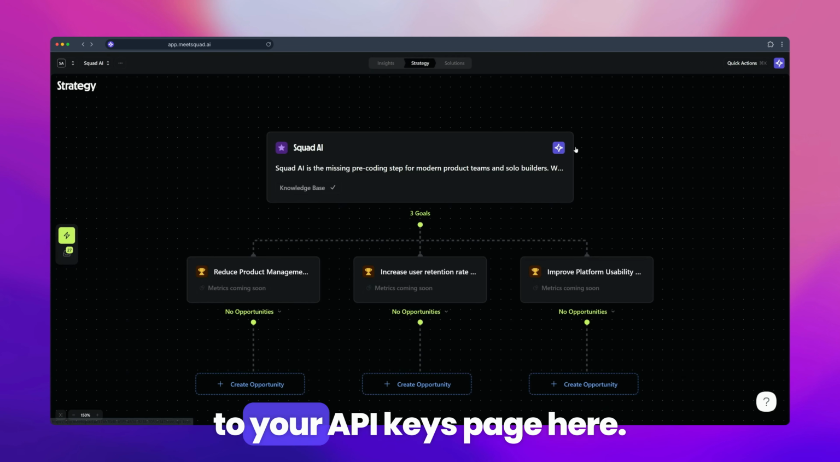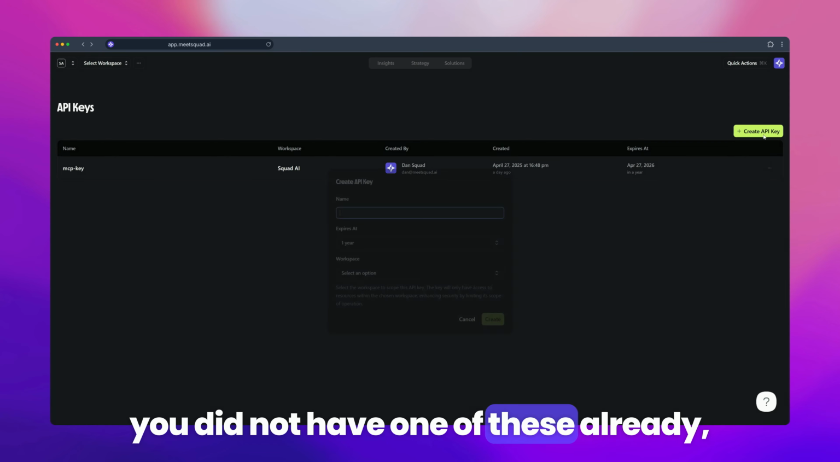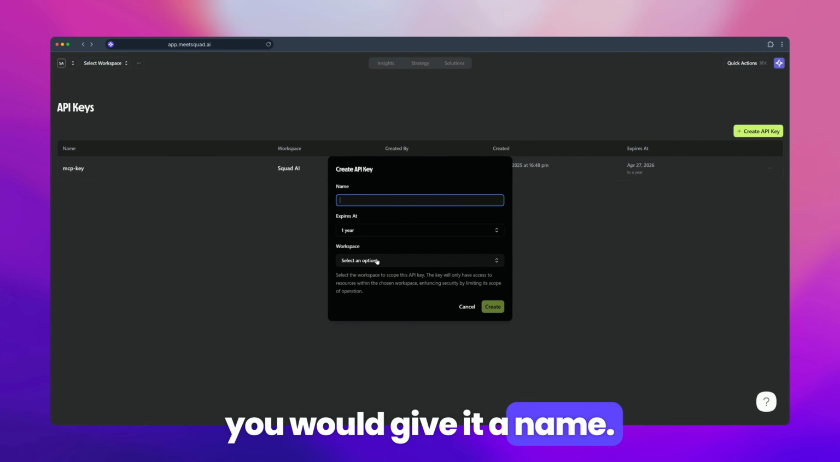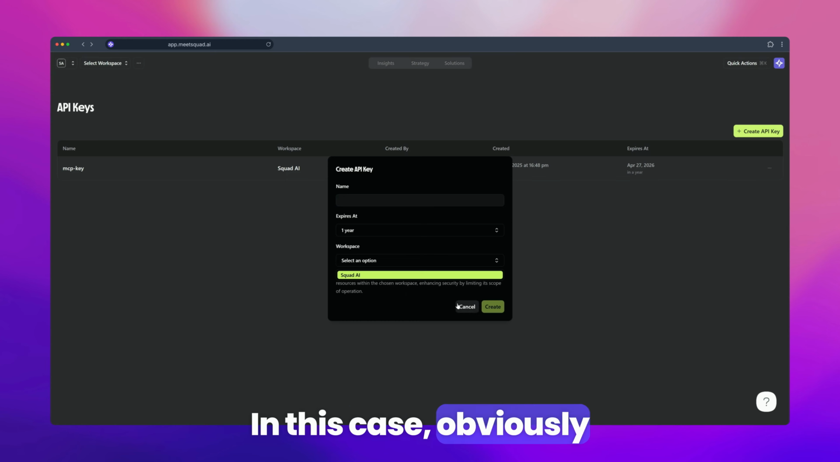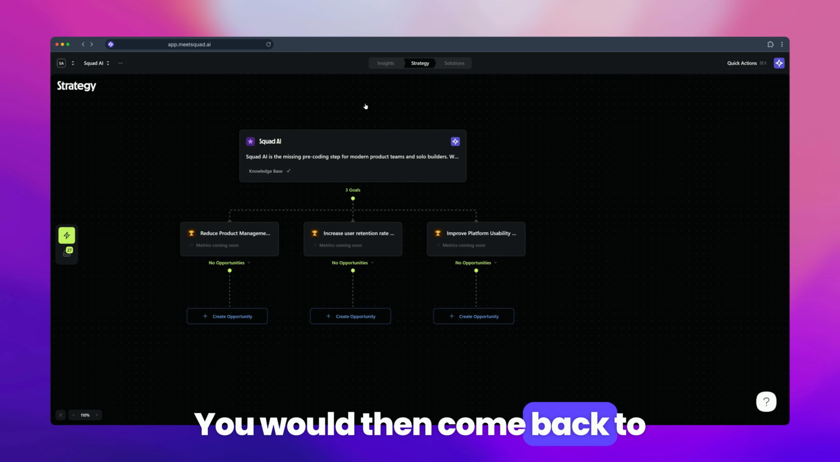You want to go over to your API keys page here. I've already created an API key, but if you did not have one of these already, you would give it a name. You would select the workspace. In this case, obviously, we have Squad AI. You would then come back to your